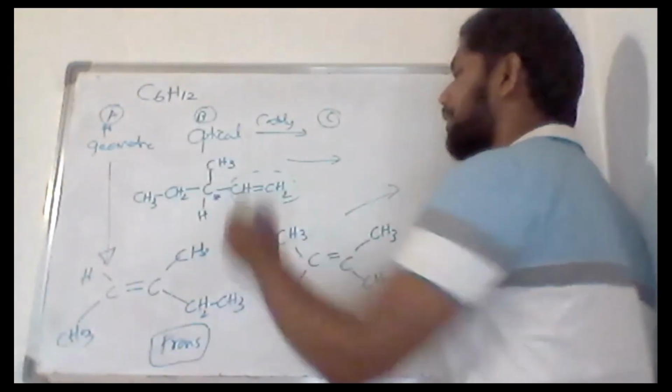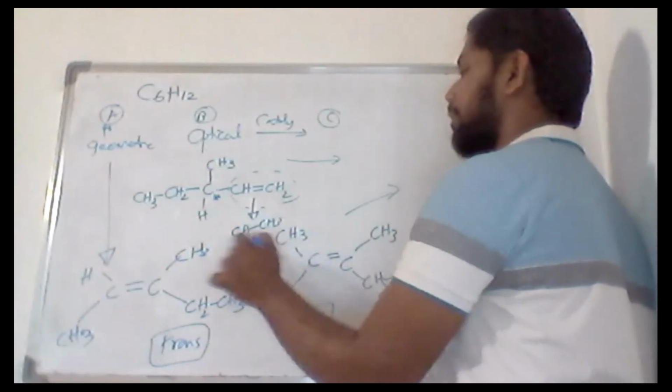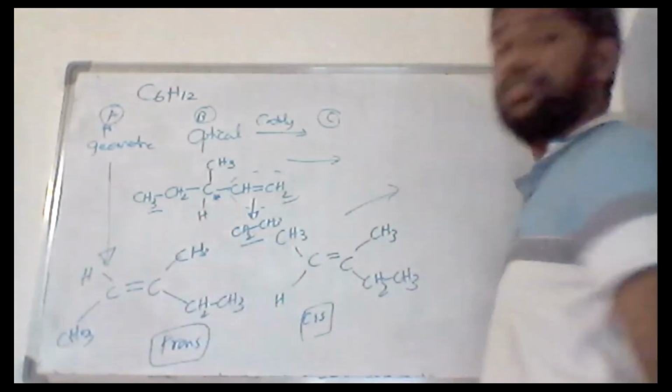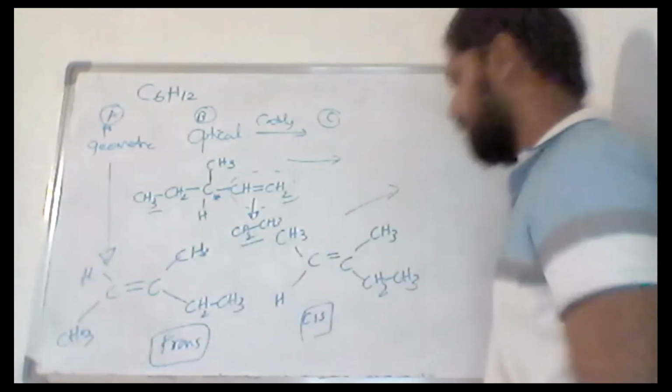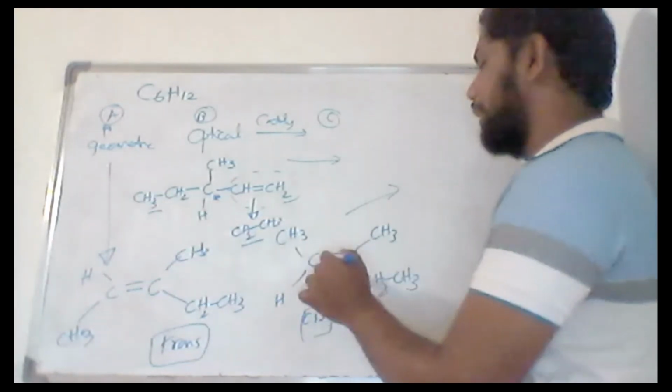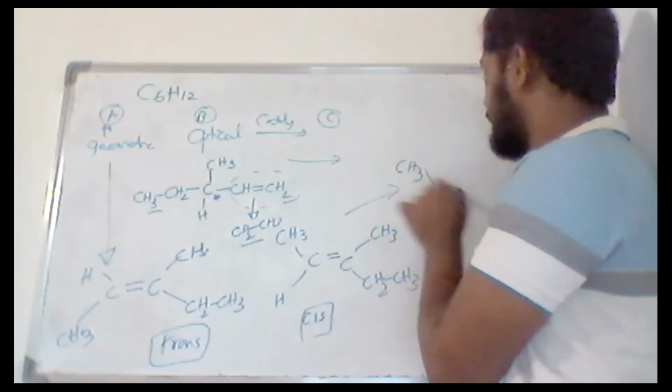So this part will be converted to CH2, CH3, and there is no optical isomerism now because these two parts are the same. And here also, when you do the catalytic hydrogenation, it will give CH3 and